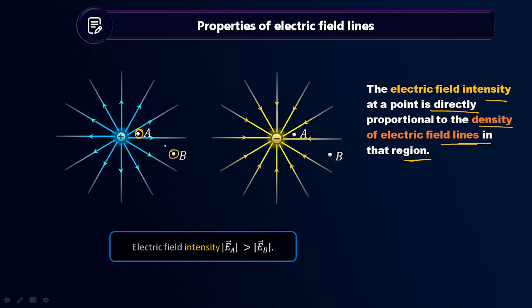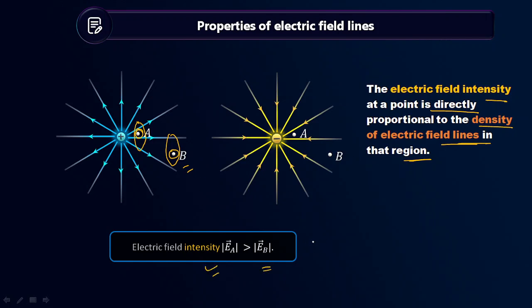So if I consider density of electric field lines, here if I consider one small area, we are taking three lines. Here, if I take the same area, it will be maximum two lines, right? So can I say that at point A, the electric field line density is more, they are closely packed. At point B, they are separated a bit. So electric field at A will be more compared to electric field at B.